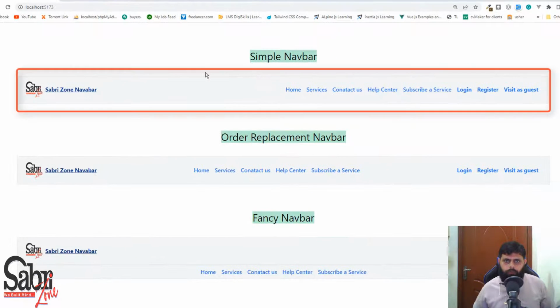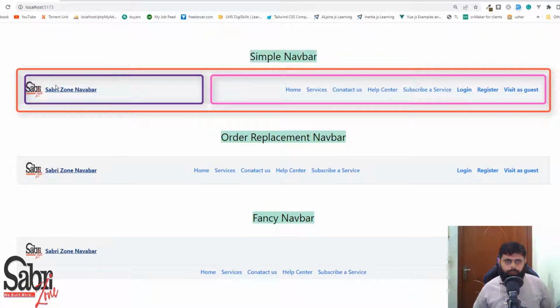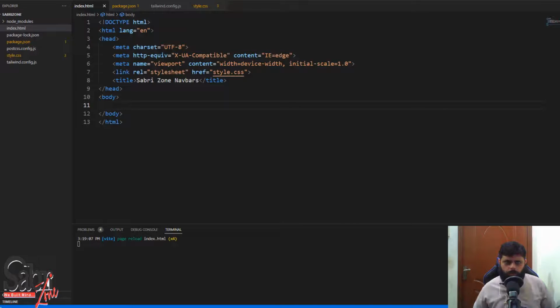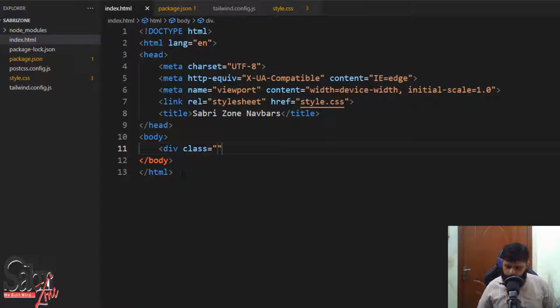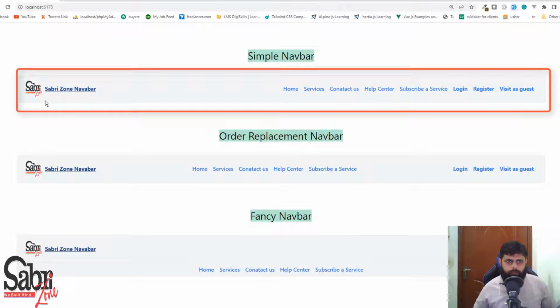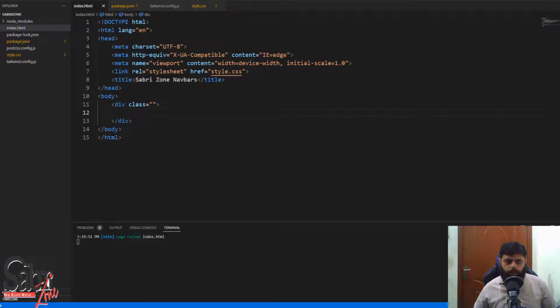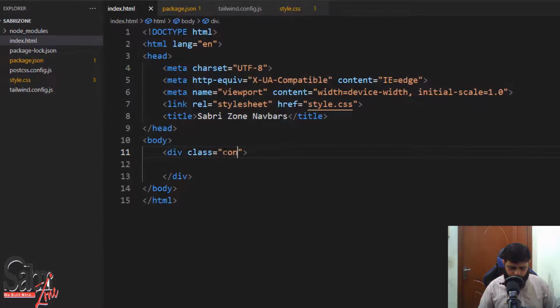You can see that it has a major div, and inside that major div there are two major divs. The first one is about brand and logo, and the second one is about links. So I need to create this major div and then these two divs first. Okay, great. So first of all I will create a div with the class. I will leave it empty and go to the browser first, and you can see that it has a container property and it has a flex property too. So we will type here a class of container,